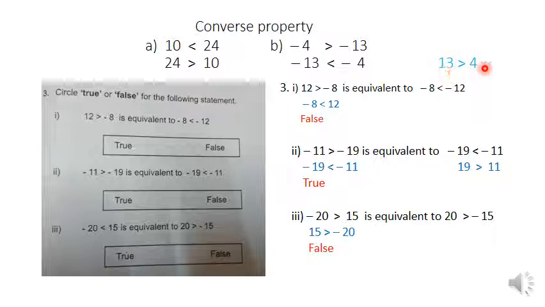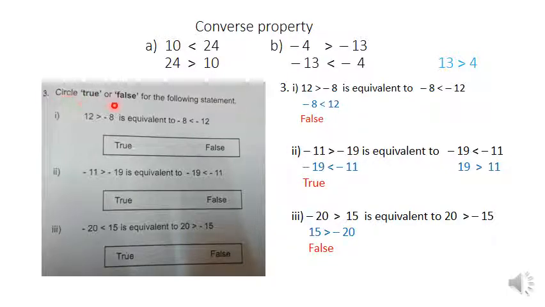And then this one is only to help you. But when you want to write your answer, you write the opposite symbol. Greater than symbol, but in your answer you write the opposite symbol, that is less than symbol. So negative 4 is greater than negative 13 and negative 13 is less than negative 4 are equivalent. Okay, now you can try to answer number 3.